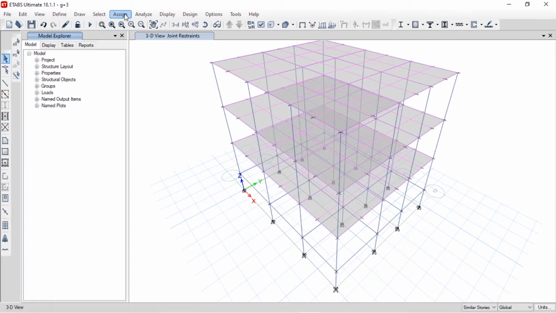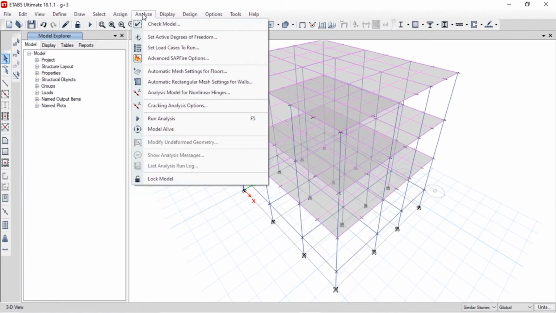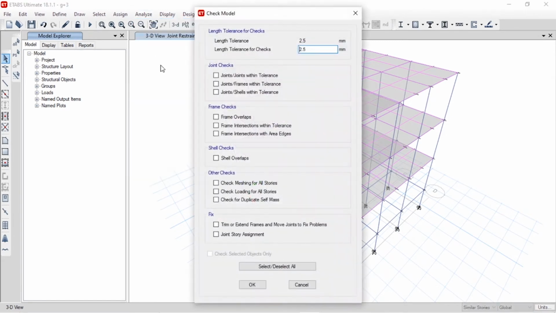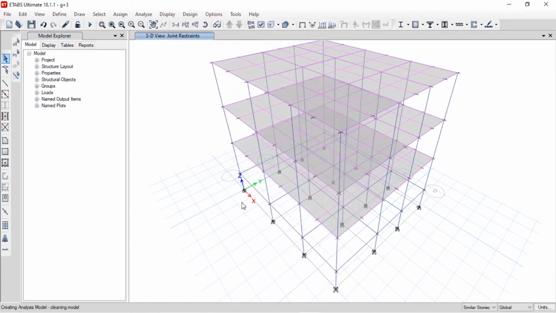And now, before analyzing the model, you have to check the model for any errors. To check the model for any errors, just click on Analyze and the check model option. Remember, select all and select this joint story assignment also, and then click on OK. It will check for any errors in the model.